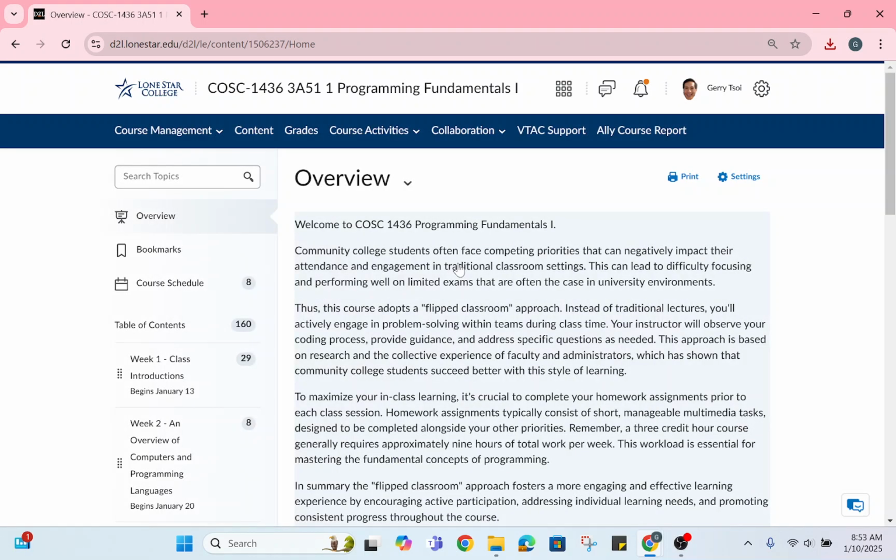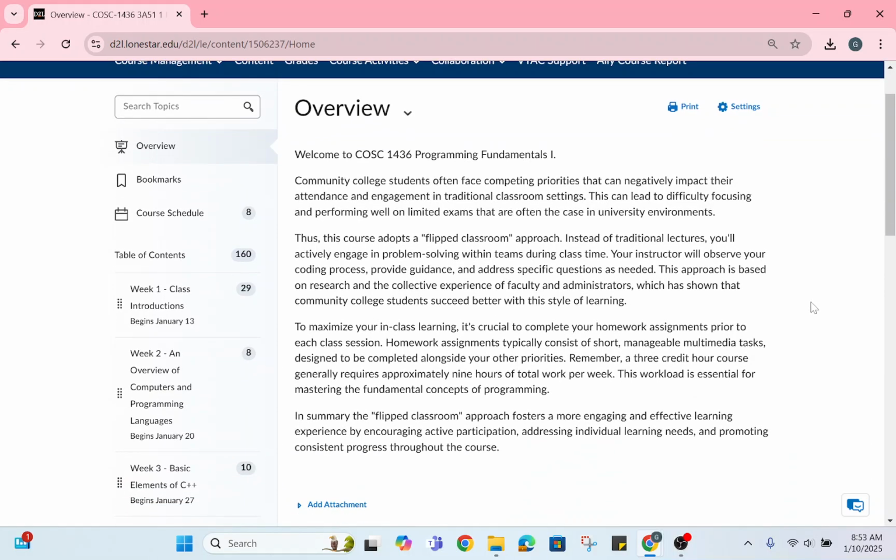What's up with COSC 1436 Programming Fundamentals 1? Well, you'll find that the class obviously is offered in D2L. It basically adopts a flipped classroom approach. The reason why we do this is to recognize